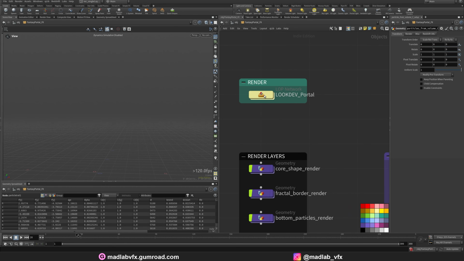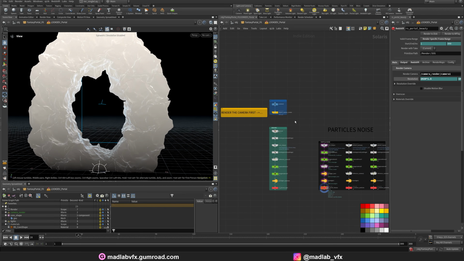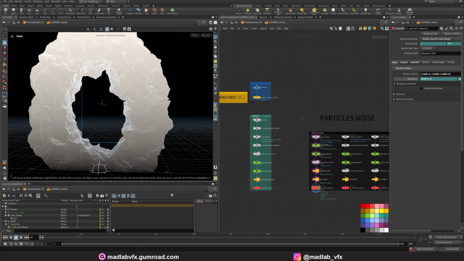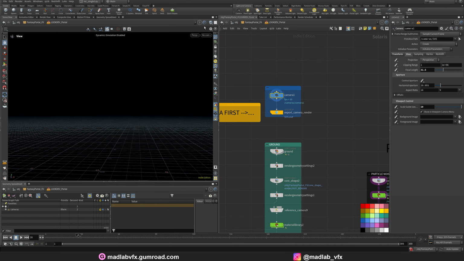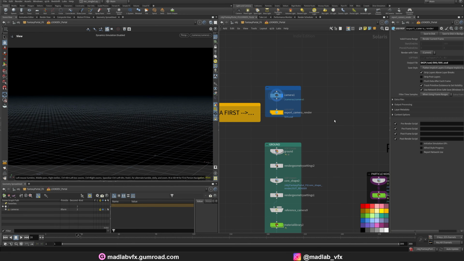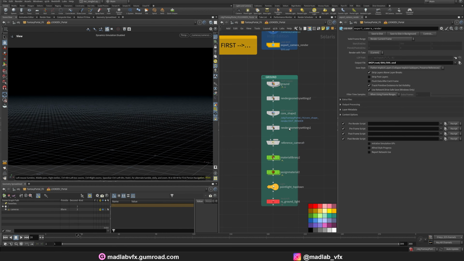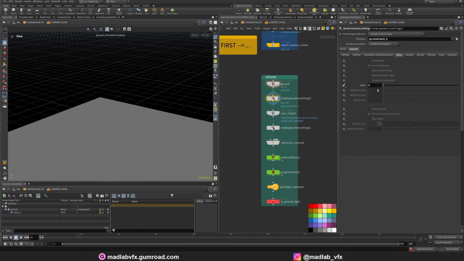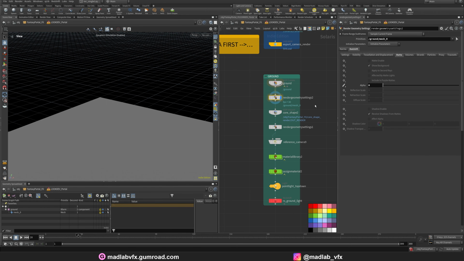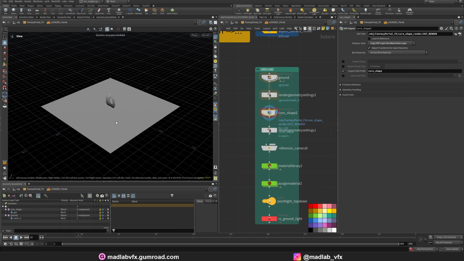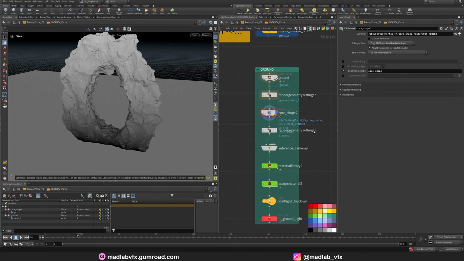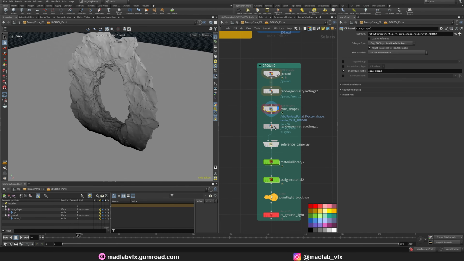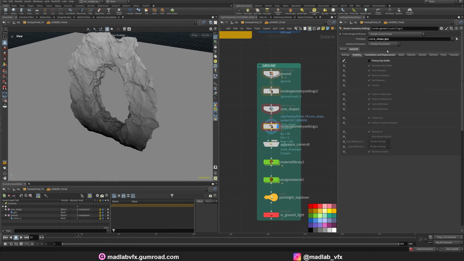Here inside the LOP network, let's see by the order. First I just created the basic camera and I exported that to USD to be reusable in the other networks. I create the first layer, just a simple ground, using the render geometry settings to disable the alpha. Import the core shape just to make the shadow on the ground. The core shape doesn't have the primary ray visible,